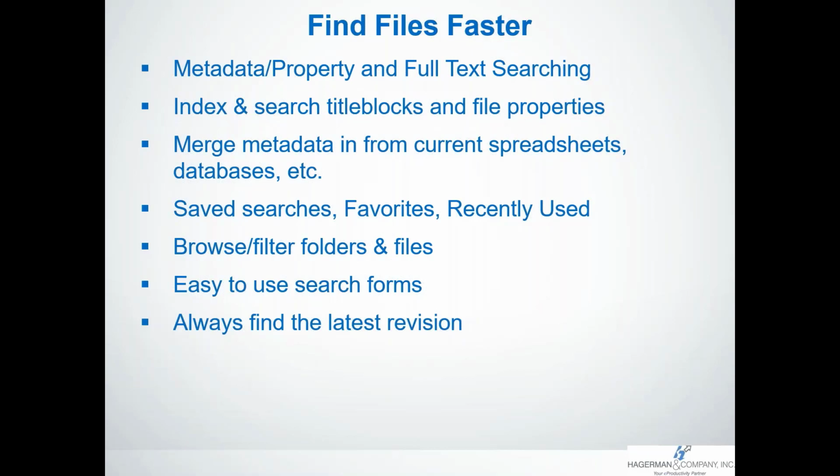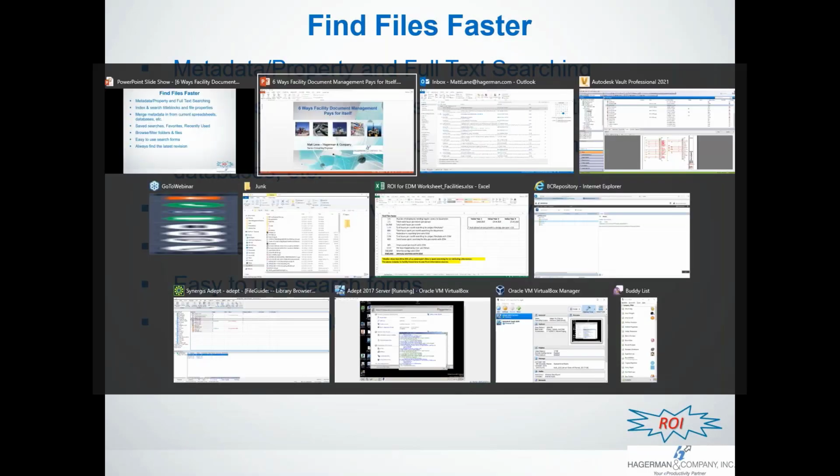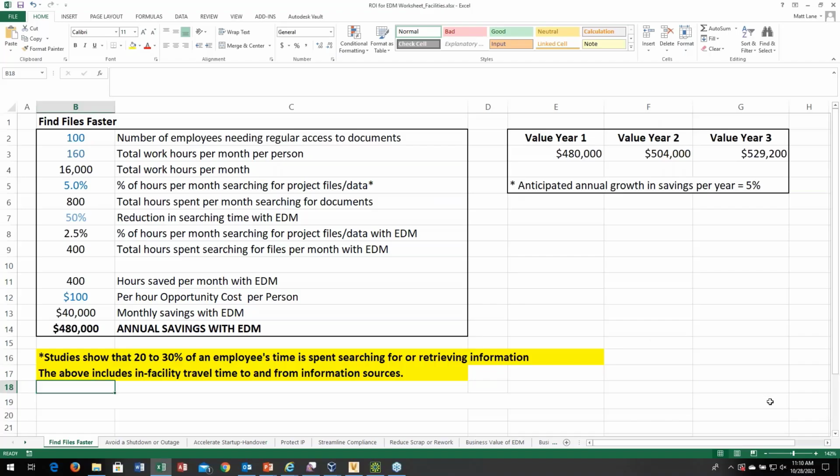Also, the systems have the ability to easily browse and filter folders and files, easy to use search forms, and then also with the searching in the system, you're always ensured when you find the file that you're getting the correct and latest revision. So then if we take a quick look at what an ROI might look like for that,